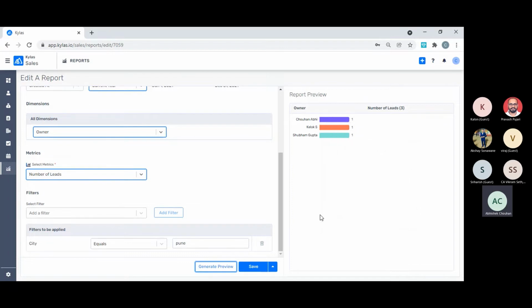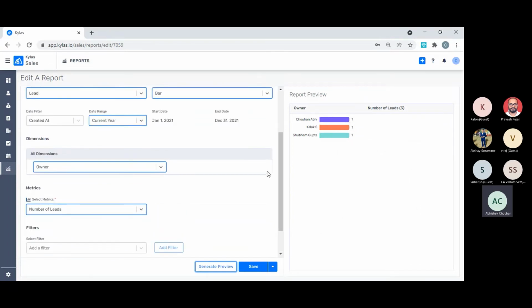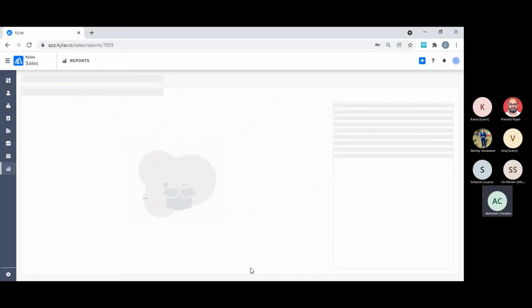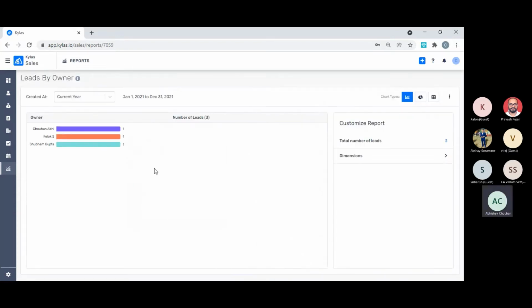So now this report is filtering out those leads which are coming from Pune city, and it is showing me how many leads are assigned to which person. We can see there are a total of 3 leads coming from Pune city, and 1 lead is assigned to each of these users. Let me save this report and go to the report viewer, which we were on earlier.